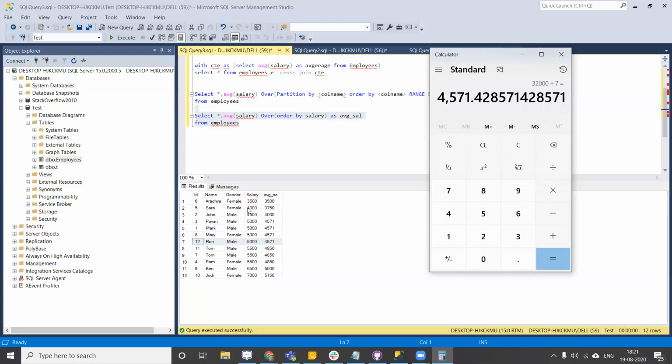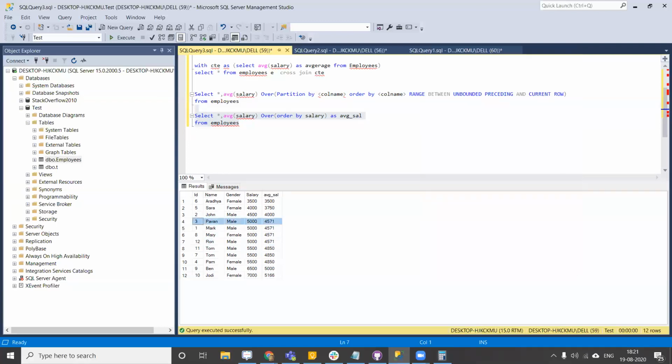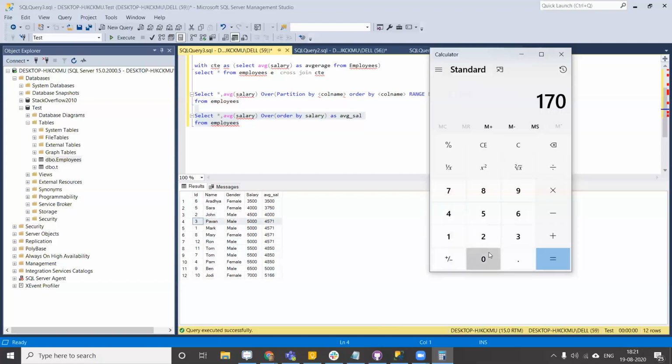The second record is an average of the first two records. The third record is an average of the first three records. Coming to the fourth record, instead of adding these four records, 12,000 plus 5,000, which is 17,000, divided by 4, which is 4250,